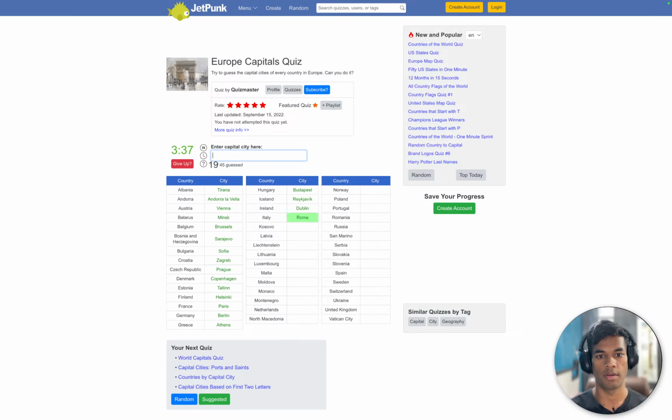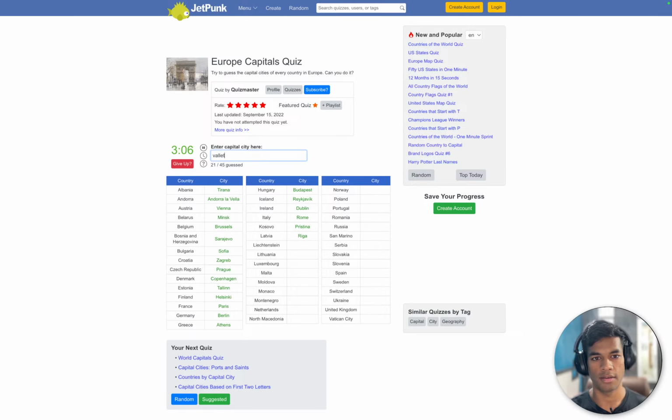Italy, Rome. Kosovo, shit. Praia, no, Praia is Cape Verde. Kosovo, Pristina. Latvia, northeast, of course, Riga. Liechtenstein, I guess, no, it is something else.